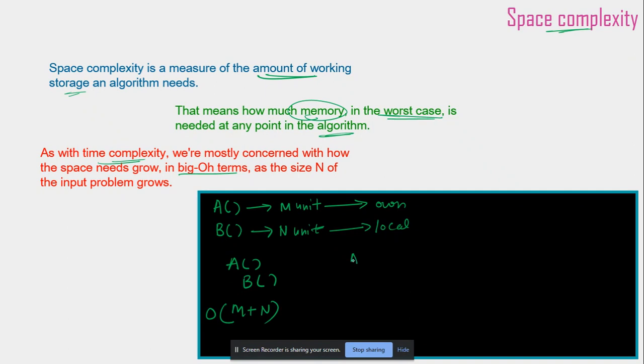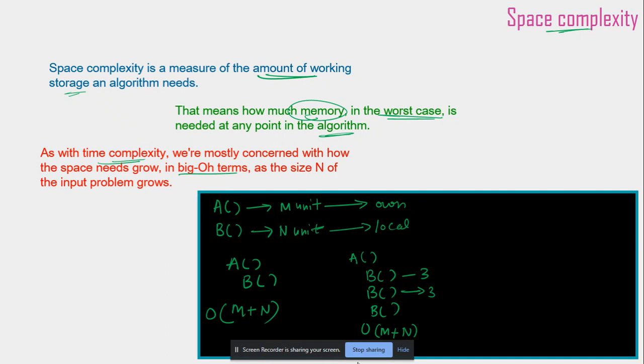Now this is not changing even if we have a number of b's. If a is calling b three times or four times, this is not going to change. The complexity will still be m plus n, because here the space is going to get reused. We are using the same variables for calculating the same thing, right? If b has three variables, it is going to use three variables only, and it is going to reuse the space that was allocated. So still the complexity will be m plus n. Isn't this very simple?